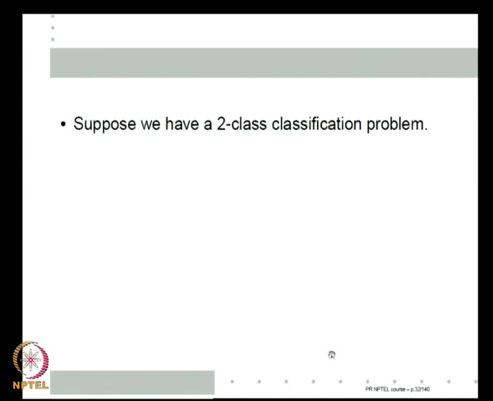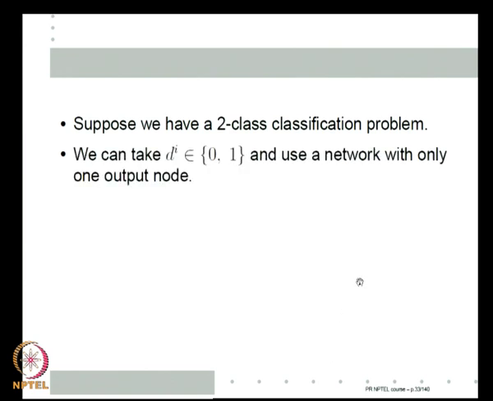Now, let us consider classification. In the classification case, I am just given feature vectors and class labels. Suppose I have a 2 class problem, my class labels can be +1, -1, can be 1, 0, whatever. Now, what should I use? For a 2 class problem, we can think of our desired outputs set to be 0 and 1. So, I want to train my network so that when I put a class 1 pattern, the output is close to 0. When I put a class 2 pattern, the output is close to 1. So, in the training sample, whenever you give me a class 1 pattern, I set the desired output as 0. Whenever I give a class 2 pattern, I set the desired output as 1.